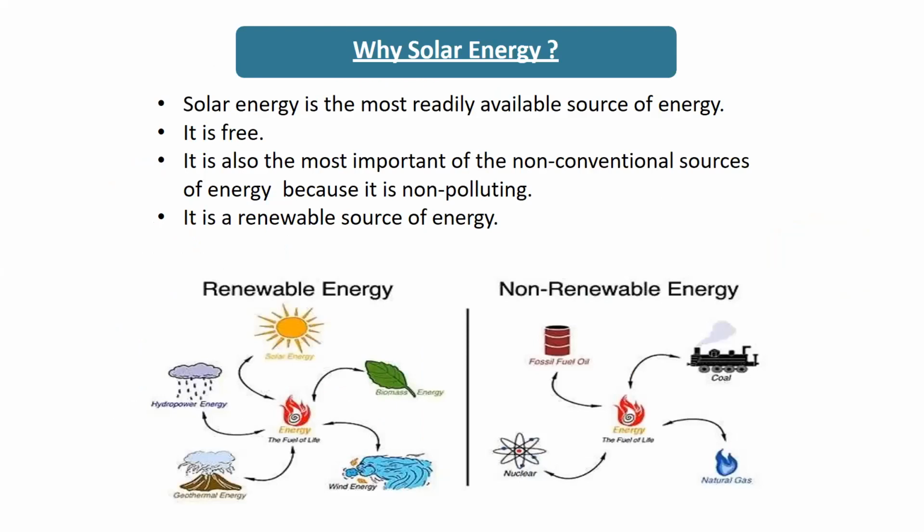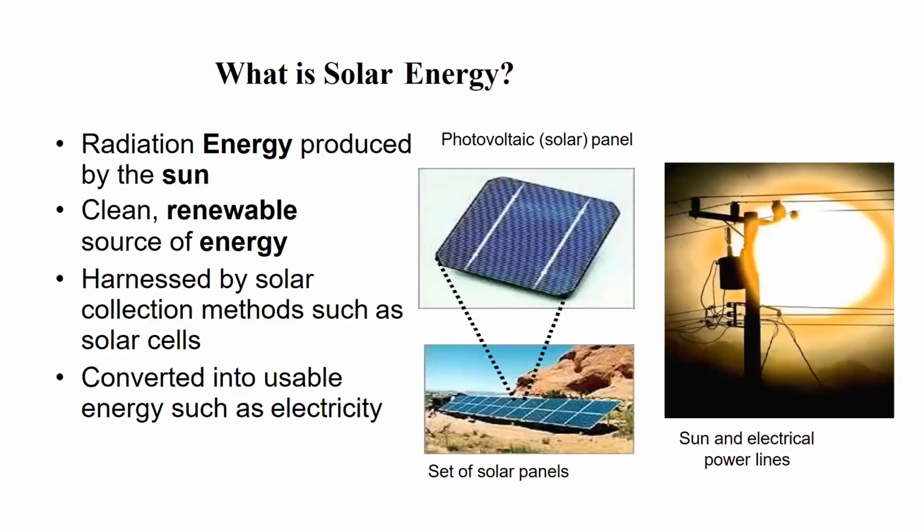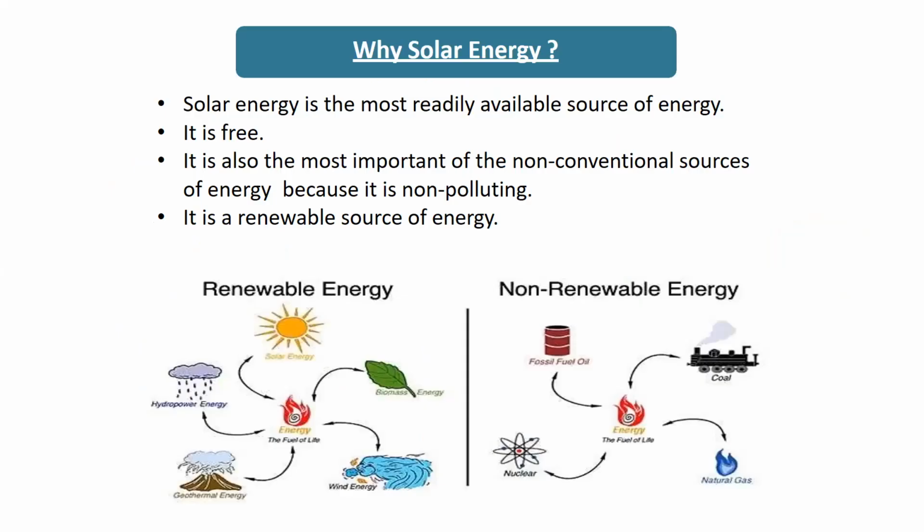So here I request everybody to please prepare the notes on your own, and all answers are correct unless the matter is going to reach it. So you are writing for the solar energy means you must write about the sun and all the things. Don't write about wind or geothermal or biomass. If you're writing anything relevant to the answer, even if it is near also, you'll get full marks. Don't worry about the marks. You'll get the marks for sure. But here only try to understand the concept.